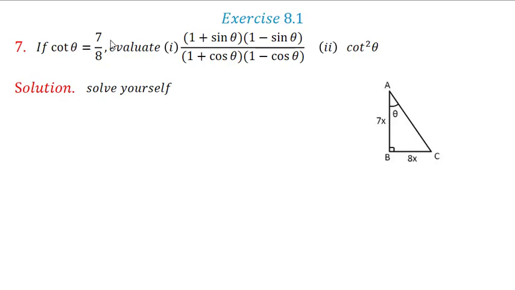So what I will do, I will find square of this 7 upon 8. Please note that cot theta is 7 upon 8. Now if I take square on both the sides, so here I have cot theta the whole square, which is 7 upon 8 the whole square. Now in trigonometry that cot theta the whole square is written as cot square theta. So cot square theta, it is not that it is square of cot and then theta. It is cot theta the whole square, only we are showing this as cot square theta. So you can find cot square theta also.